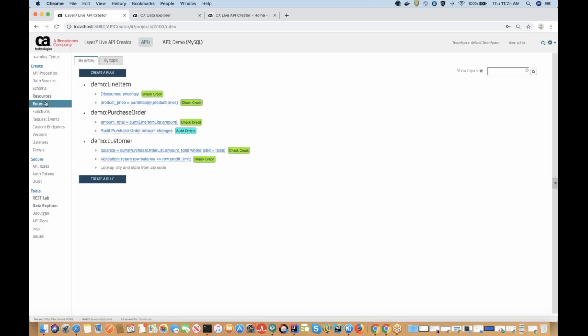So a lot of times people think of rules the same way I think about how a spreadsheet processes in Excel. I don't tell Excel what order of operations. I just say, hey, I want to sum these two columns, or I want to add these two values together like a formula, or I want to do a validation to make sure that the customer's credit limit doesn't exceed their order amount. All these validations,